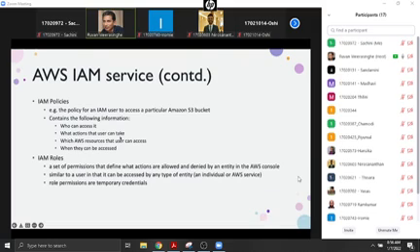Actually, we can allow anyone to access, but it doesn't matter, because the only one who has access to our instance is us. It also defines what actions that user can take, which resources the user can access, and even when they can access them.